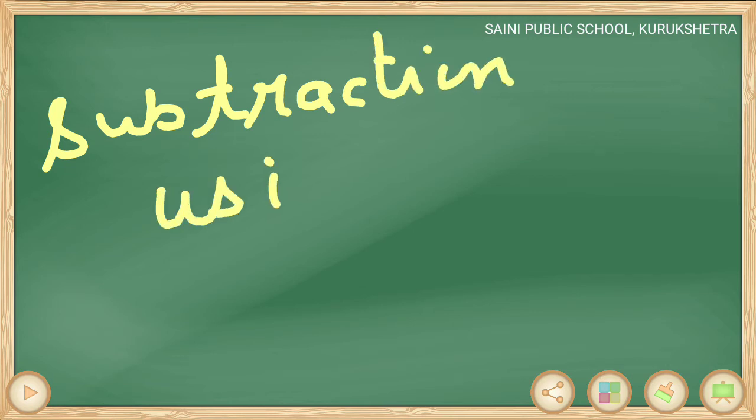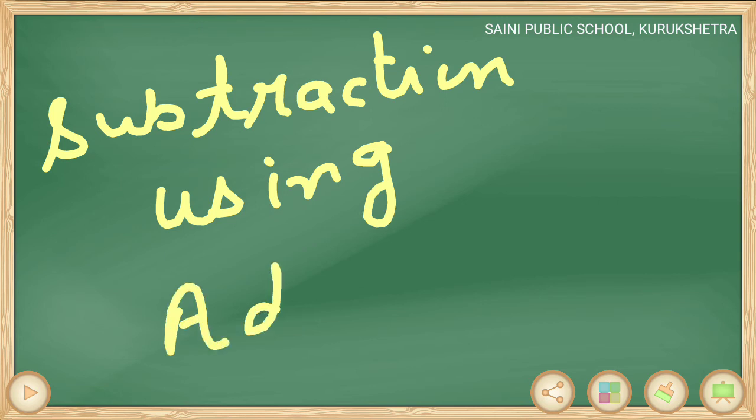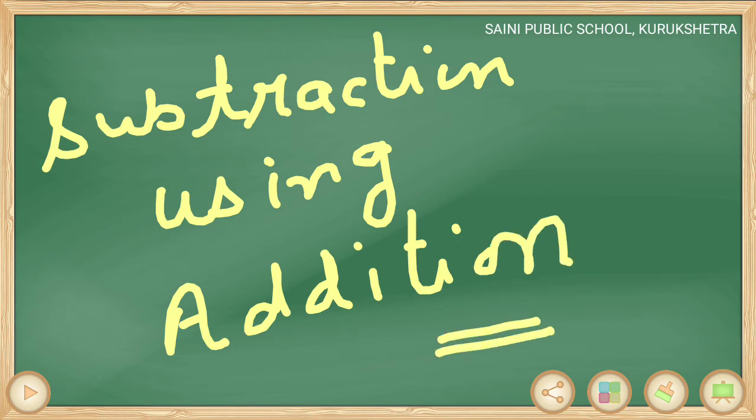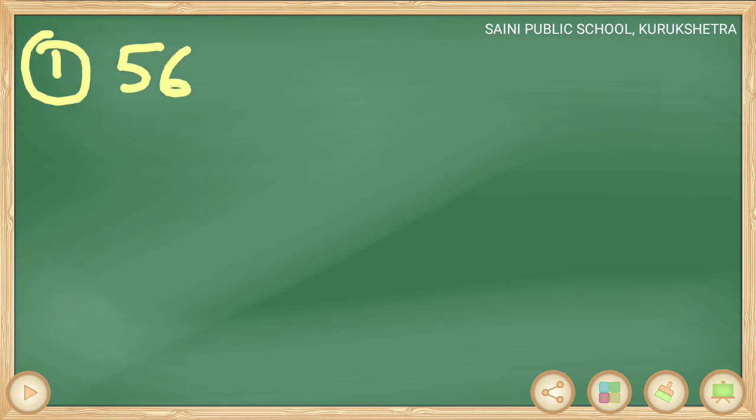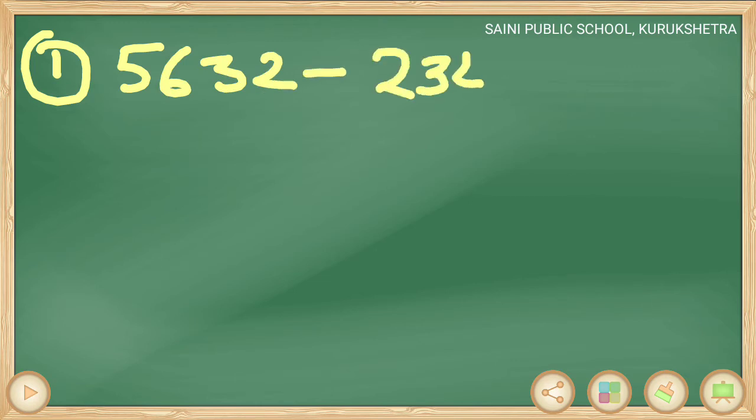Students, as we have already learned how we can subtract 4-digit numbers in our previous lecture, but there is a need to check whether our answer is right or wrong. For this, here is a very simple method by which we can easily find whether our answer is right or wrong. So let us start. For knowing about this method, first of all, we will do subtraction of 4-digit numbers.